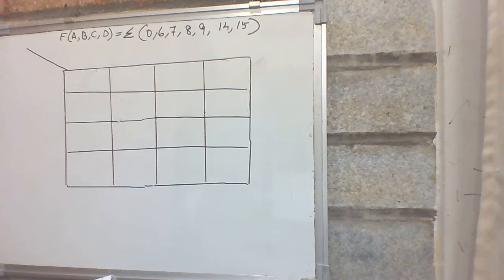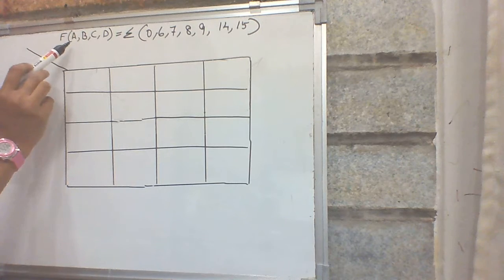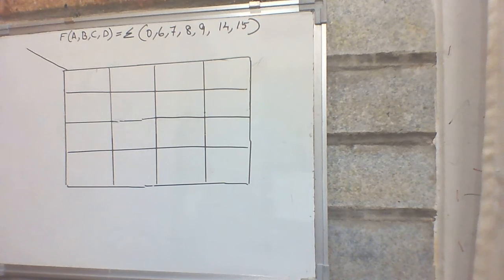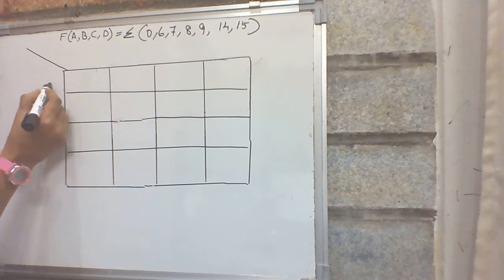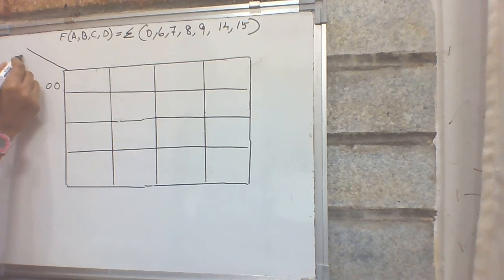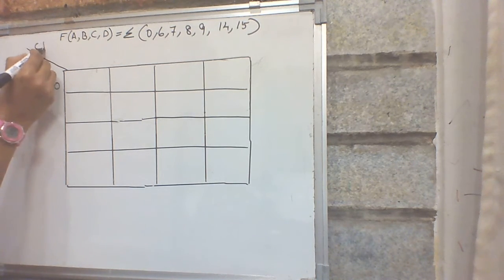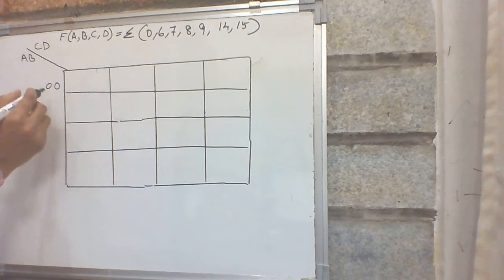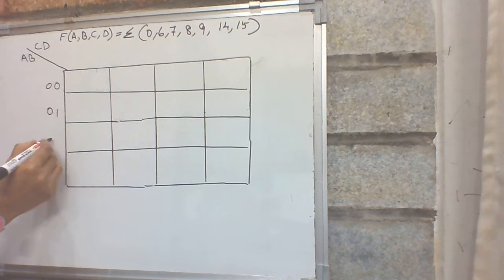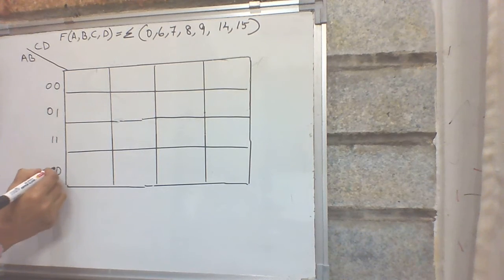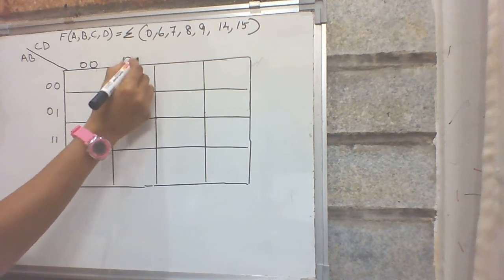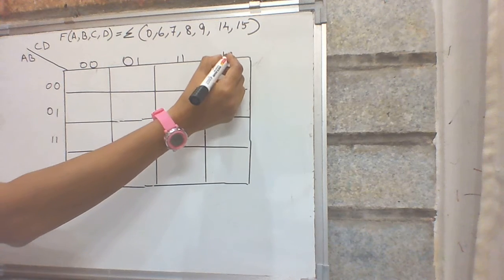This is a 4 variable K-map because in the question there are 4 variables A, B, C, D. So we have to draw the K-map with 4 variables because we need to represent the numbers 0 to 15 in this K-map. First here 0, 0. Then the slanting line below first 2 variables A, B, above the slanting line C, D. 0, 0, 0, 1. After that 1, 1, 1, 0. Here also 0, 0, 0, 1, 1, 1, 1, 0.